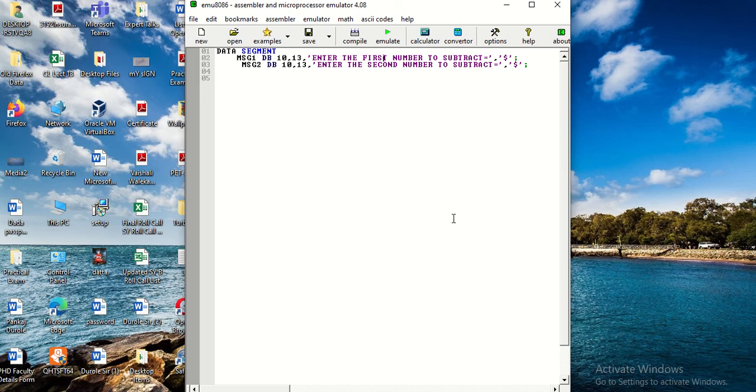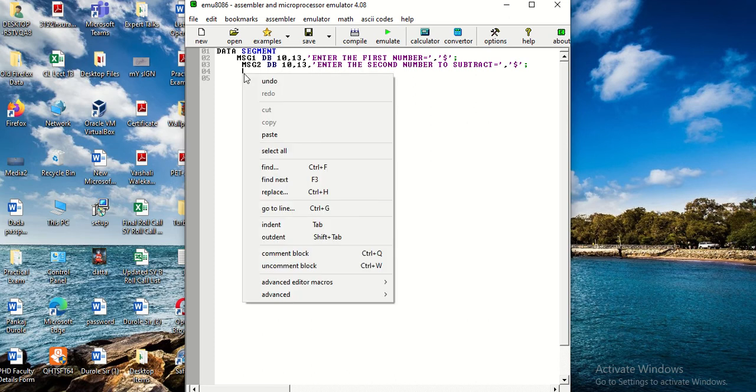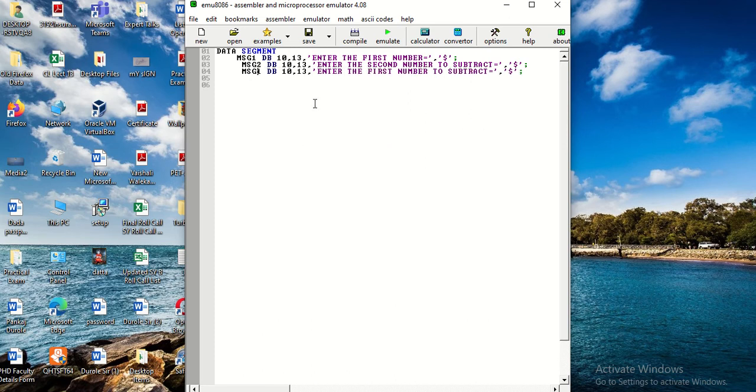So enter the first number, then enter the second number to subtract, and once again I'm taking the message 3 over here, which will give us the result.